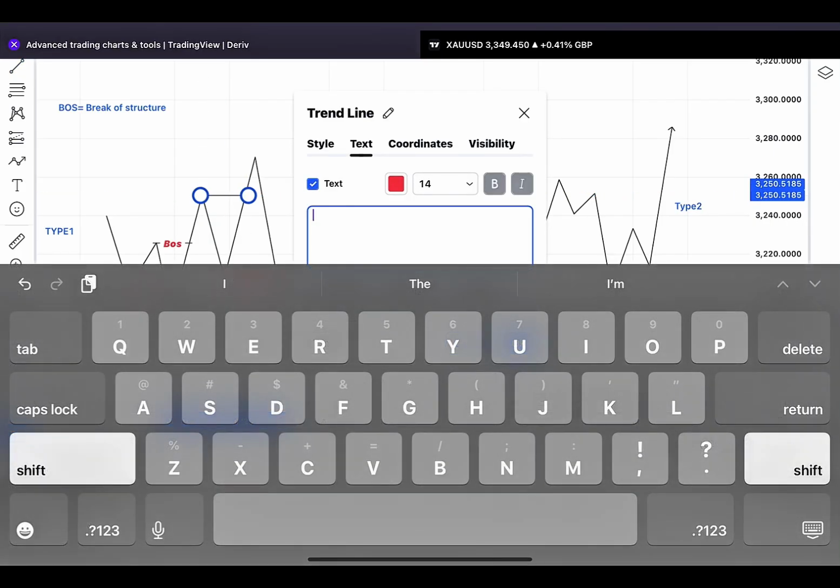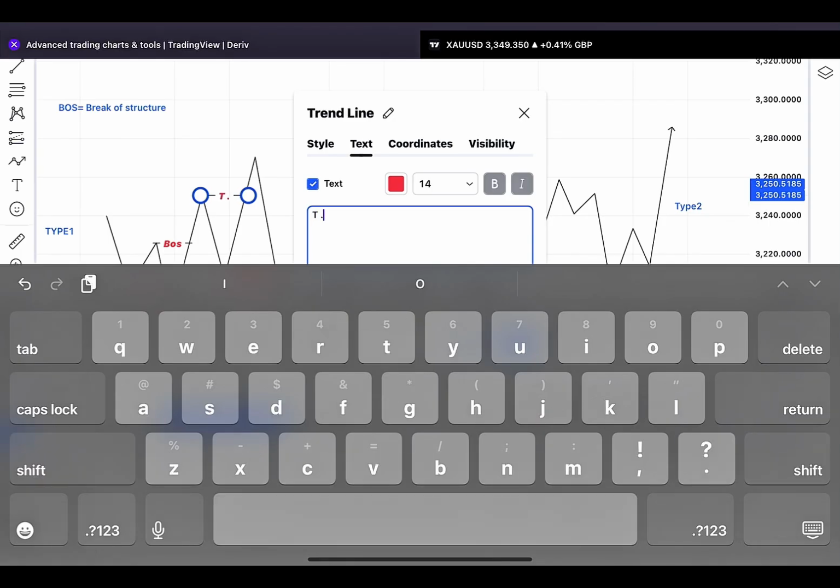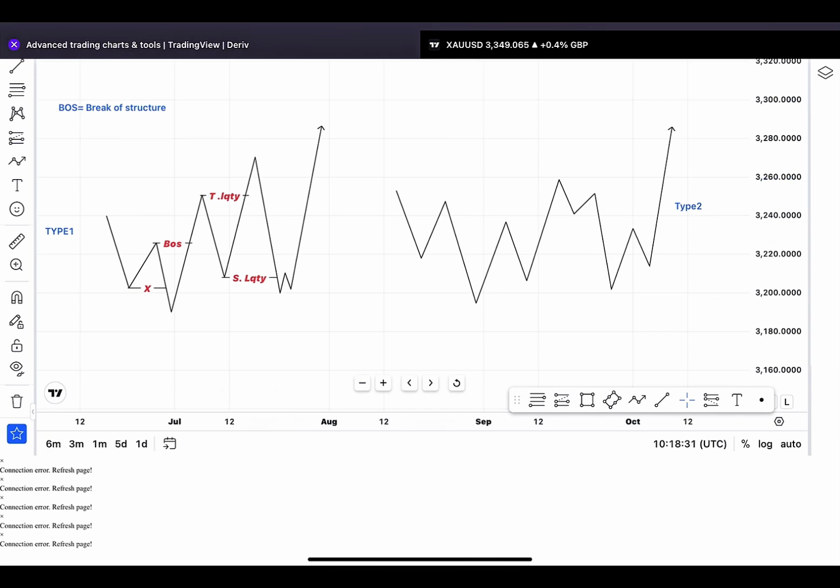So whenever there is a transactional liquidity, which is TLQTY, the market tends to go down even more to take out this structural liquidity. Remember, whenever there's a transactional liquidity, which is when the market moves from this level to take this previous high, that's what we call transactional liquidity. So after the transactional liquidity, the market is likely to come back to take the structural liquidity, because as you